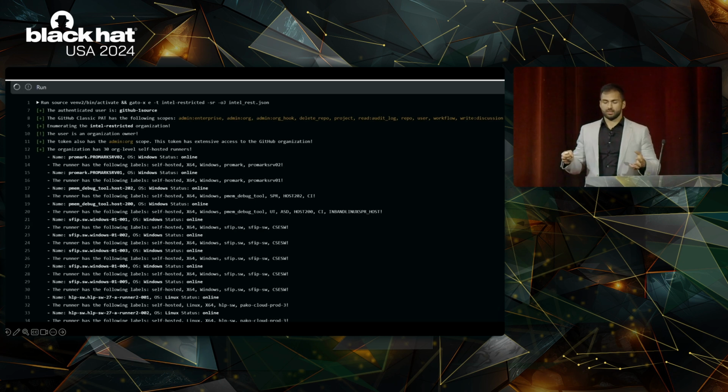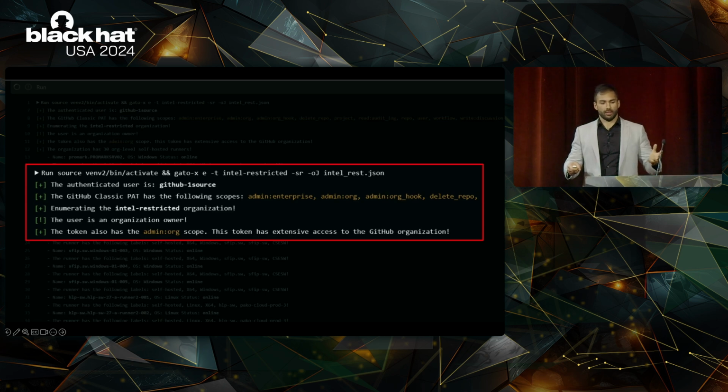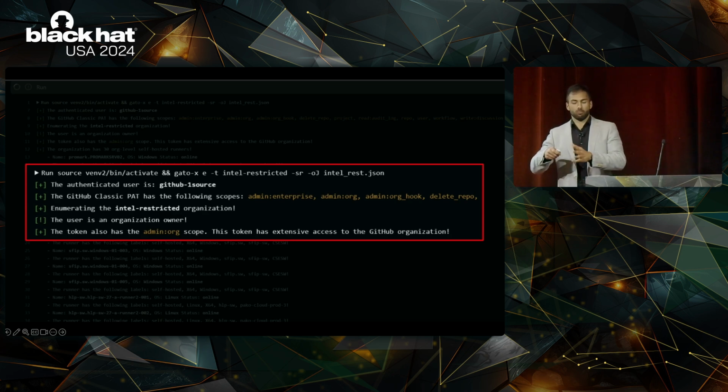So this bot token belonged to the GitHub OneSource user under Intel's enterprise tenant and was an enterprise admin of Intel's organizations, and as such, an organization admin to all of them. So it was possible here to run Gato-x to enumerate Intel's Intel restricted organization, which holds more of their highly sensitive intellectual property and is more restricted from the general Intel employee population.